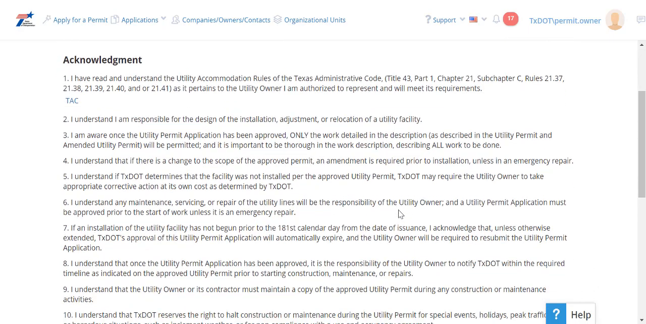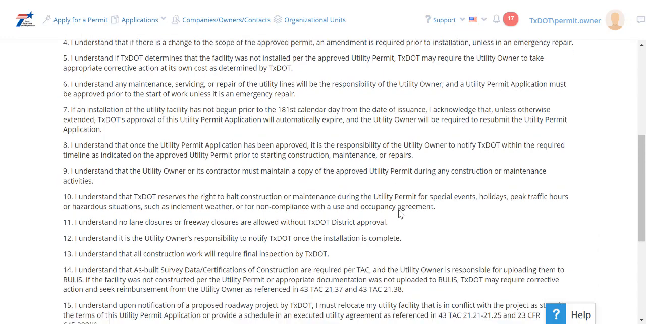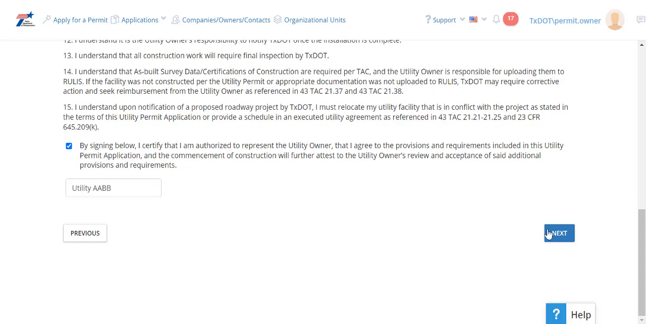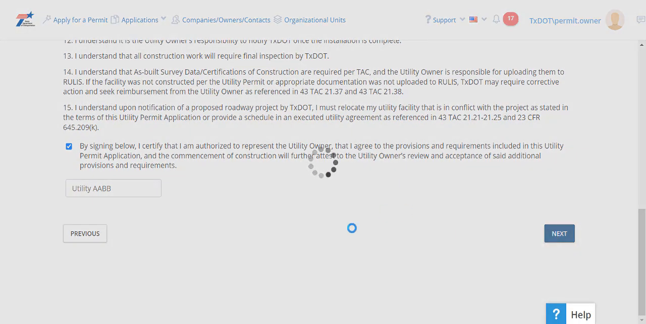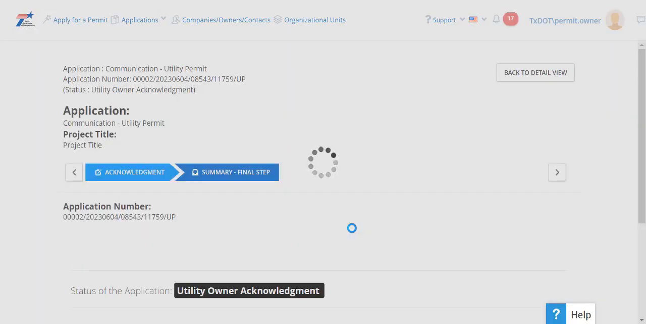Now, I am not going to read through all of this in the training, but I absolutely do encourage you to do so, so that you make sure you understand what you're agreeing to. I'm going to go ahead and check the box here in my training environment. Here's my default name. So this basically amounts to a digital signature. And I click Next. And now that I've completed that acknowledgement step, I am ready to go ahead and submit